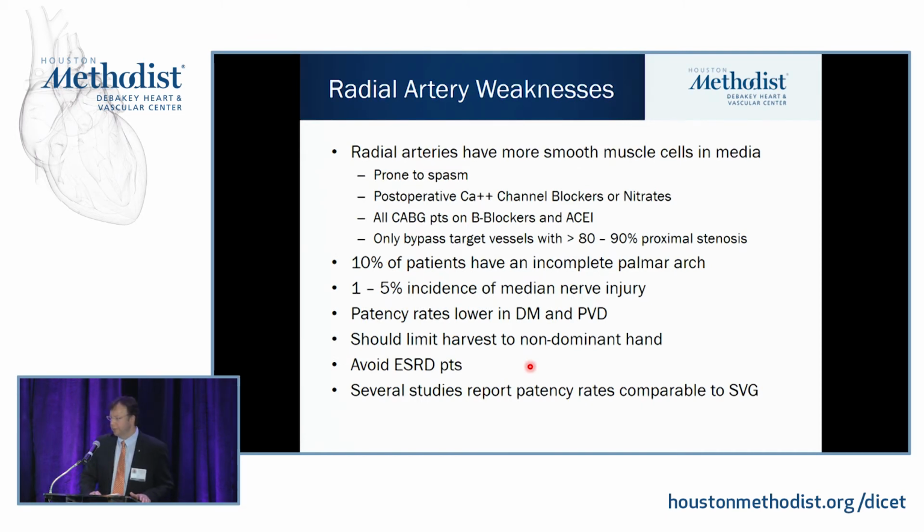The radial arteries have much more smooth muscle in the media, so they're much more prone to spasm. A lot of people try to give patients calcium channel blockers or nitrates from the time of surgery on. The problem is that most patients are also on beta blockers and ACE inhibitors. So by the time you send them out on beta blockers, ACE inhibitors, and calcium channel blockers, the heart rate's 40 and they've got terrible headaches. So most patients are non-compliant with their calcium channel blockers or nitrates, which puts the artery at more risk of